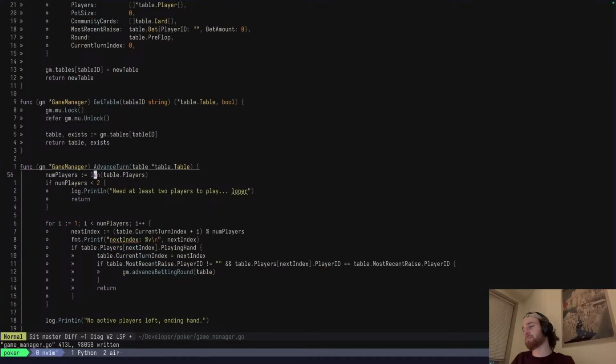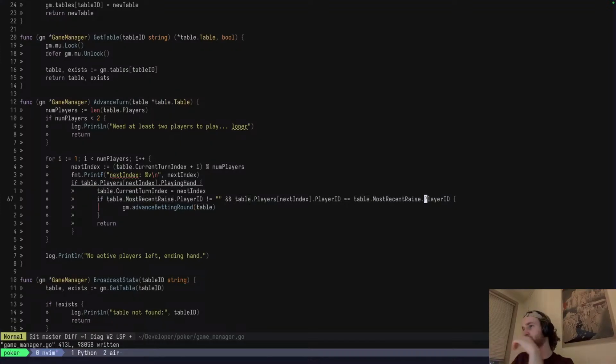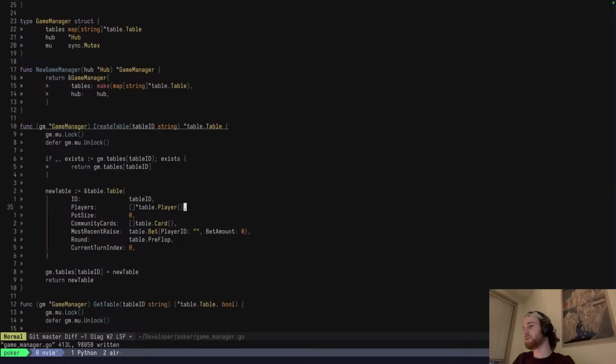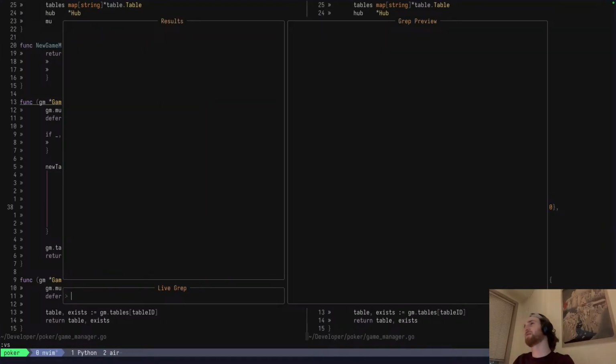We go to advanced turn. If the most recent raise is not null, oh, because I need to init this. Okay. Yeah, so the problem is I never am setting it off the rip. Like here, when I init, I'm making it this, which actually means,